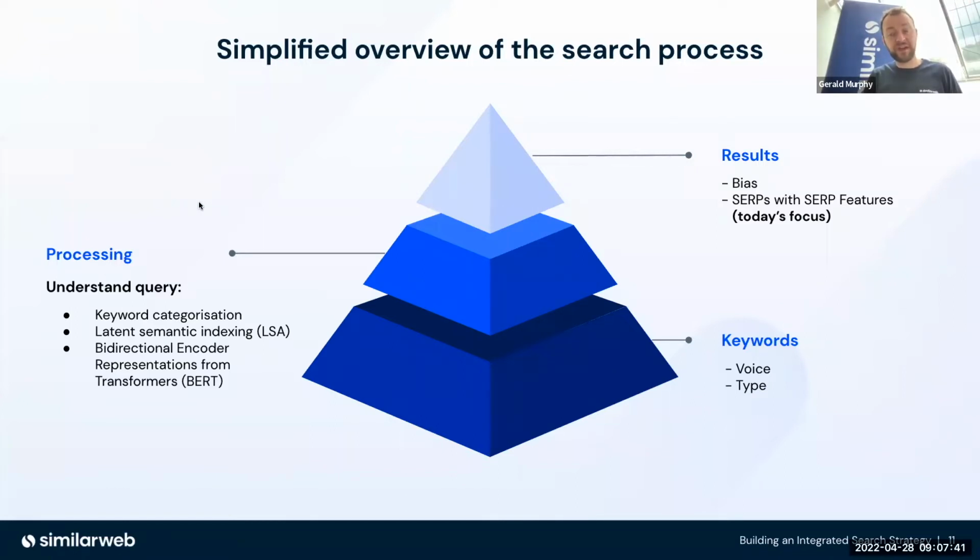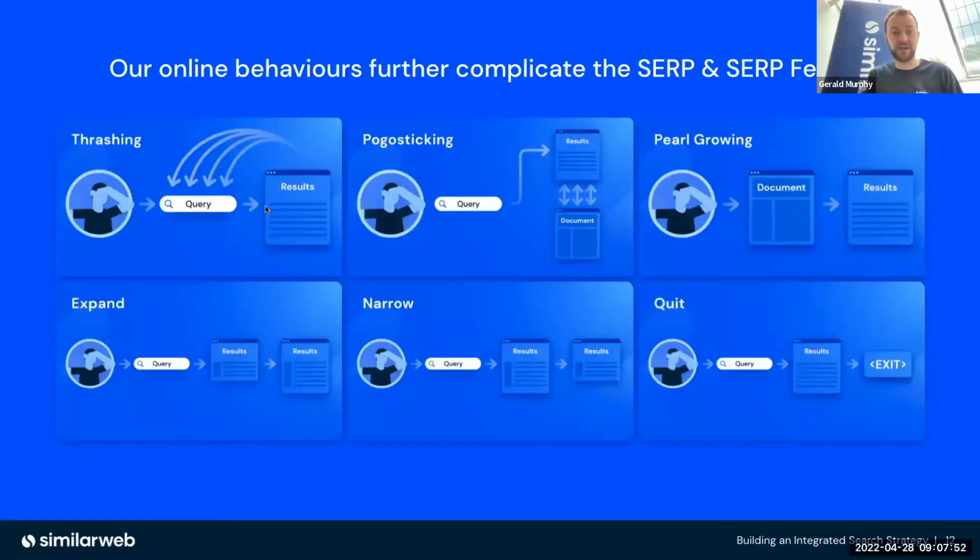And what they do is when they have that understanding, they go to the top tier, the third pillar in this case, which is actually giving us results. And that's going to be today's focus on the types of results that the engine gives. But it's hugely complex. There are roughly speaking 6 common types of behaviors that we have when we actually do